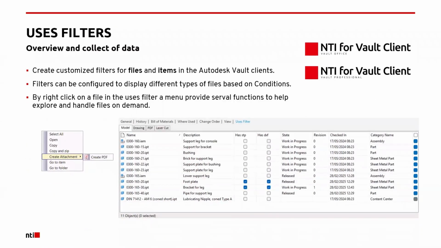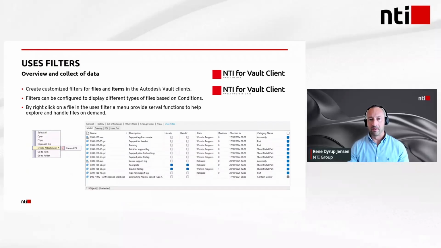Another thing of having an overview is actually with the function we have called usage filter. Just like the two previous functions showcased, this will also add an additional tab inside Vault. In this case, I have called it the usage filter. You can name it with the name you want, and you can create as many subtabs as you would like. For each subtab, you can add conditions. So each tab will provide you the overview you need.